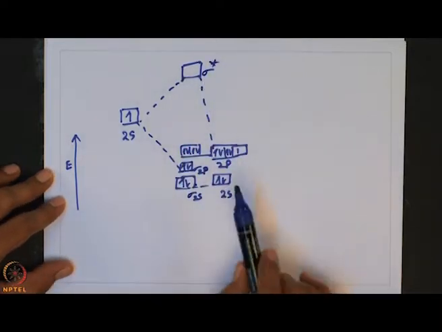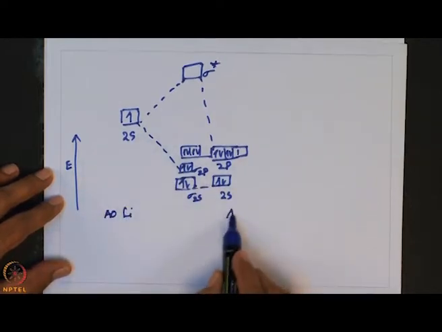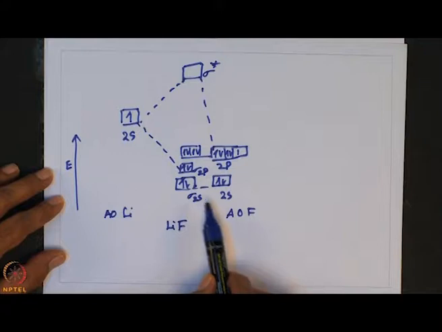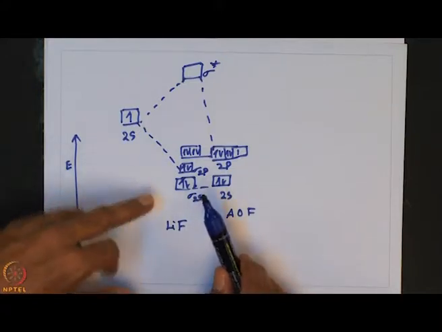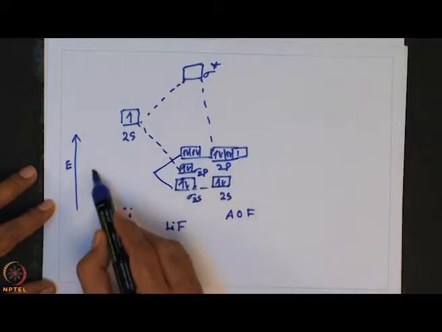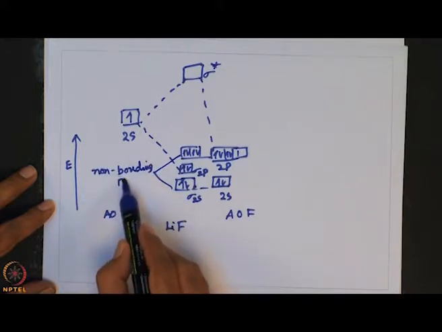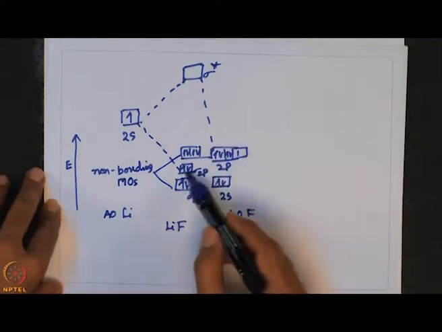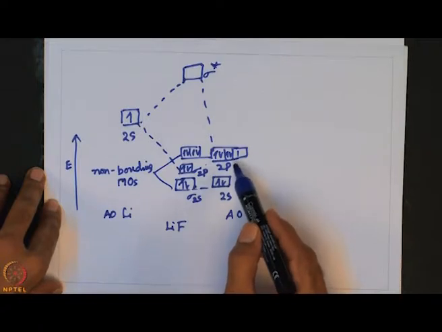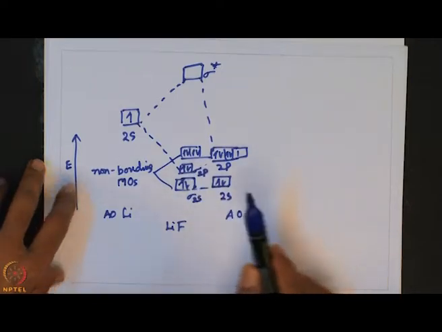So, here in this case, we consider the atomic orbitals of lithium, the atomic orbitals of fluorine, and lithium fluoride. So, lithium fluoride you can explain. Since 2s does not have a corresponding low-energy partner, it remains non-bonding. So, both of these are essentially non-bonding MOs. Whereas one of the 2p orbitals, preferably 2pz, combines with 2s to generate sigma, where these two electrons are responsible for making lithium fluoride.